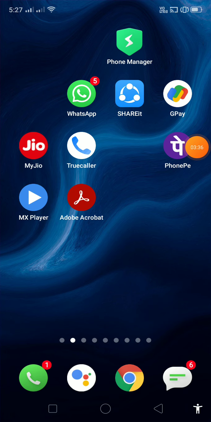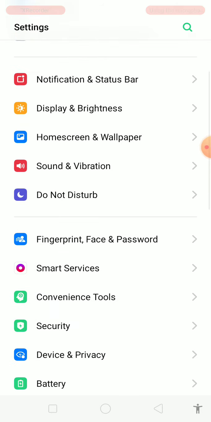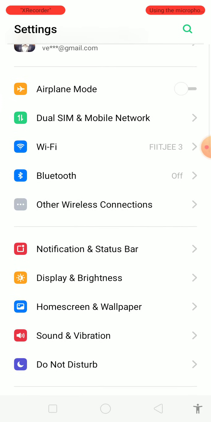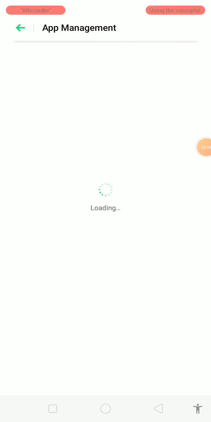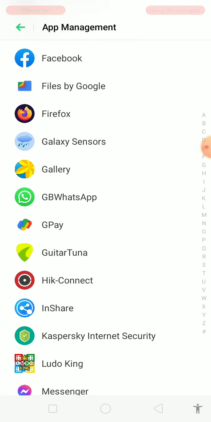For clearing the cache files, you can directly go to the Chrome settings and clear the cache, or else you can go to the phone settings, go to app management, and open the Chrome browser.